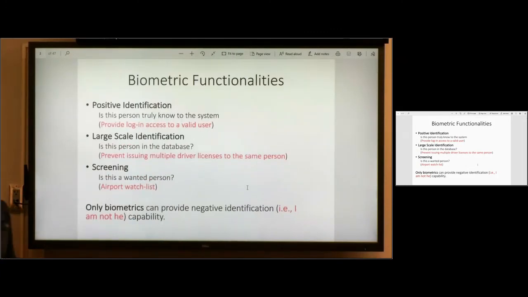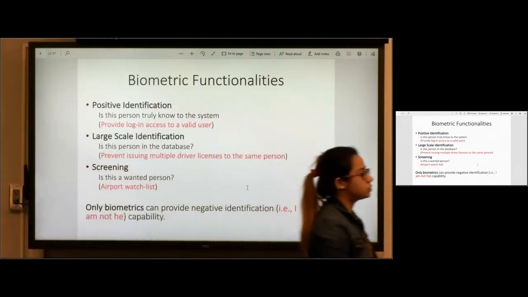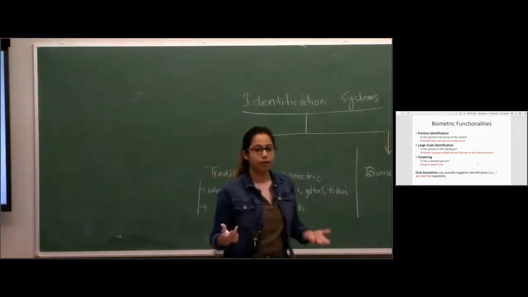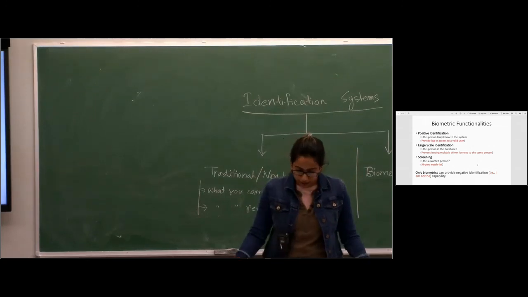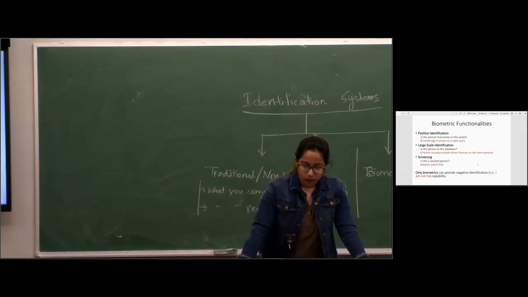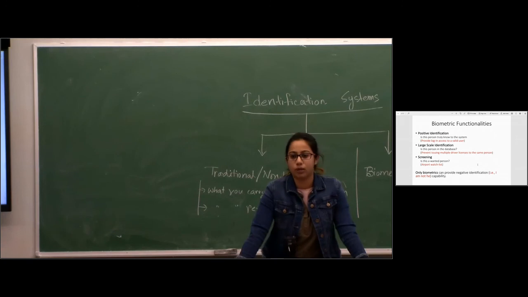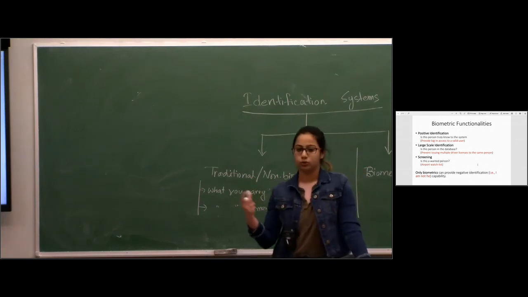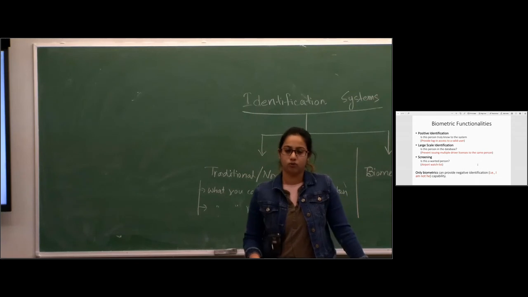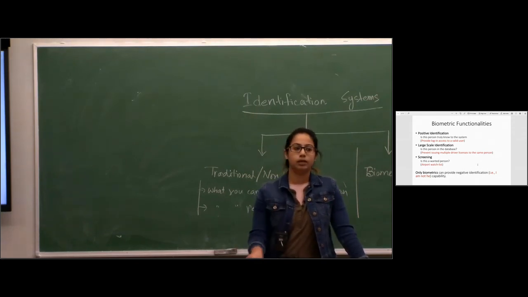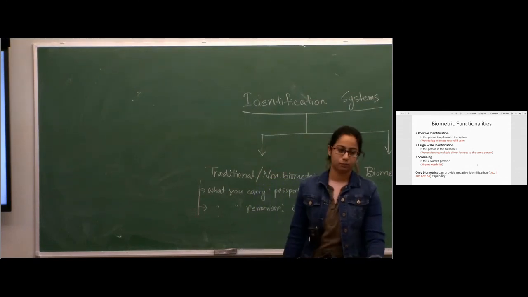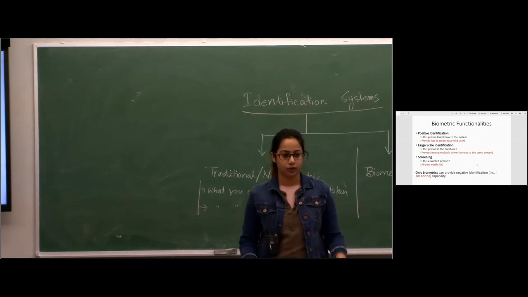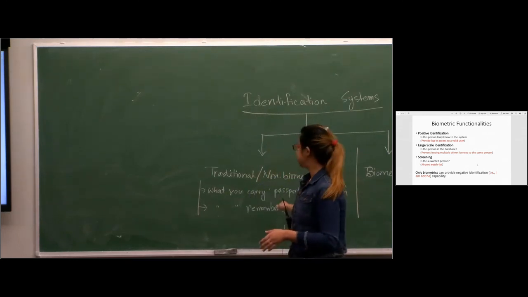Okay, now we will talk about the biometric functionalities, or in which kind of application biometric systems are really preferred. So the first one is positive identification. I just gave an example: login access as a valid user. Suppose you want to use the Wells Fargo app on your mobile, or check your grades from ONE.UF. You put your username, then you type your user ID, and then maybe if a password is also set, you just have to type that. This happens in a traditional system.